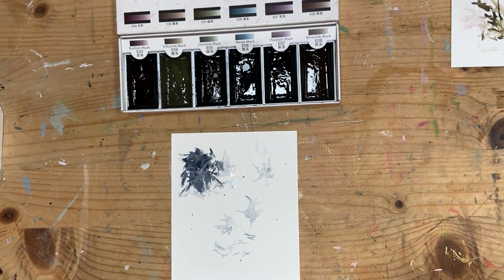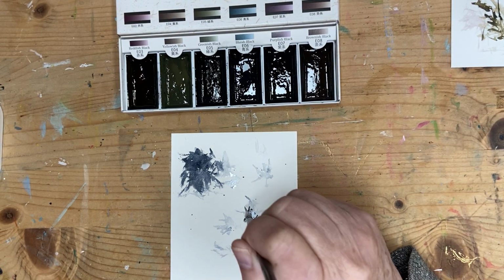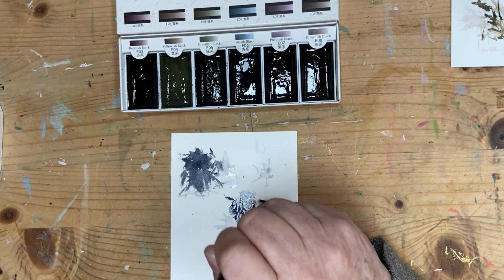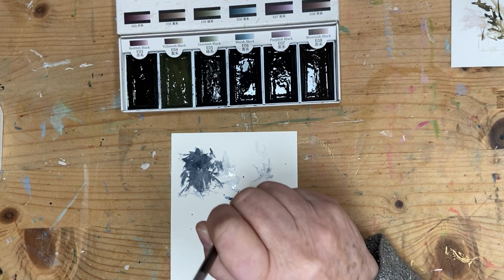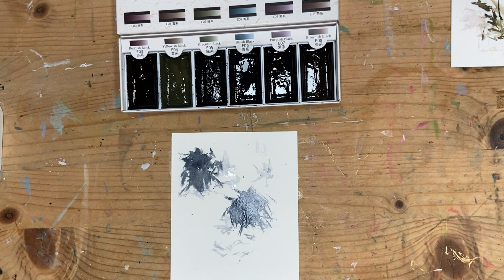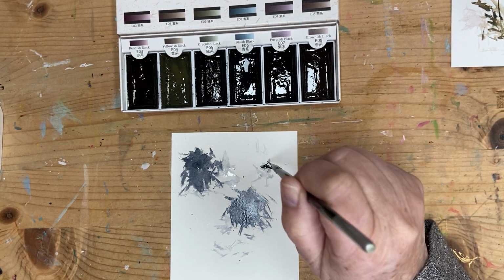That's made quite a big bloom. I quite like that actually. So I'm going to try it on this one again, and I'm just going to push my brush out in this, I'm not going to say a stabbing motion, but we're just splaying the brush hairs out. Okay, again I'm just going to do a little one here,